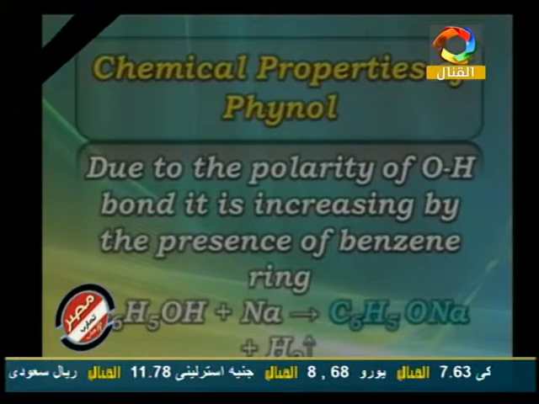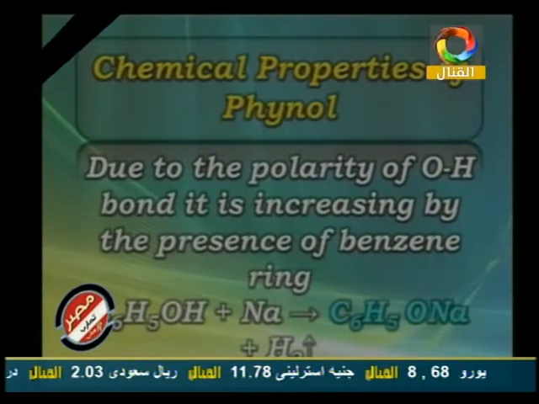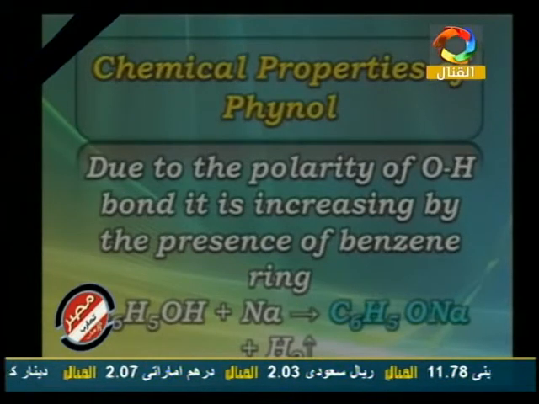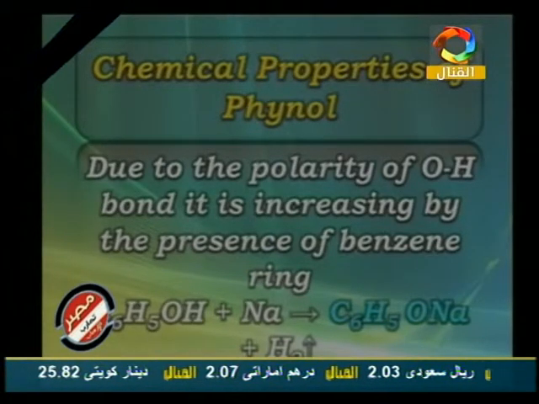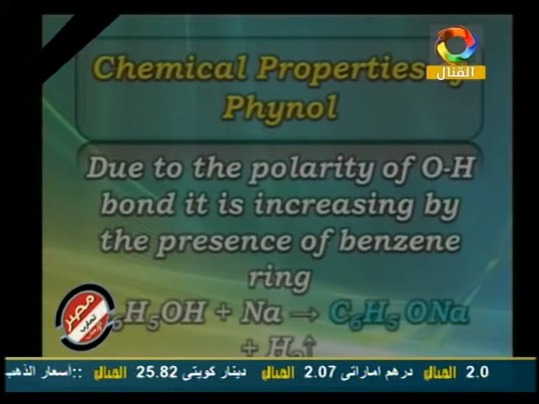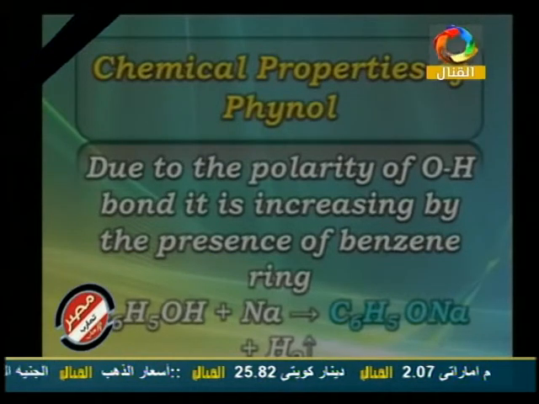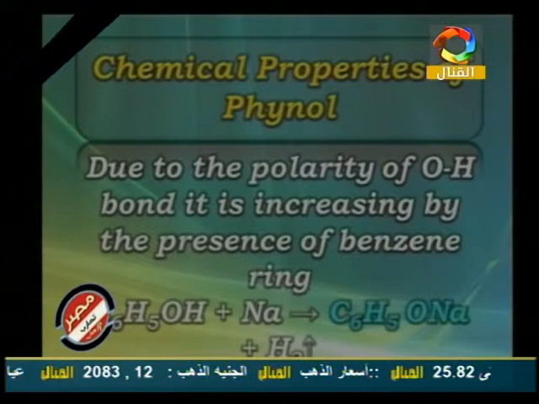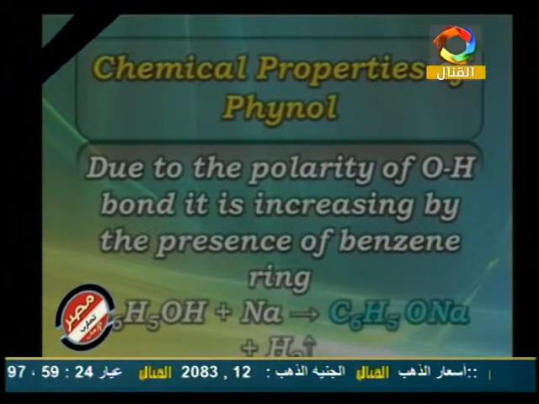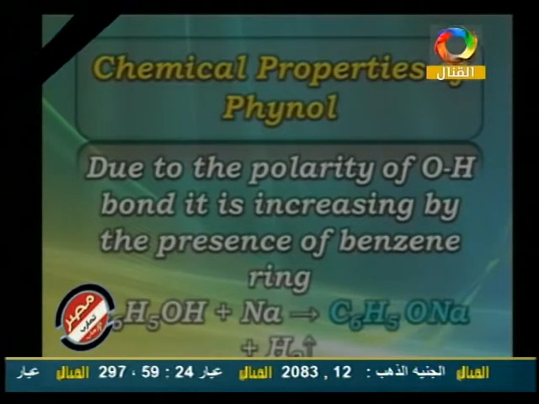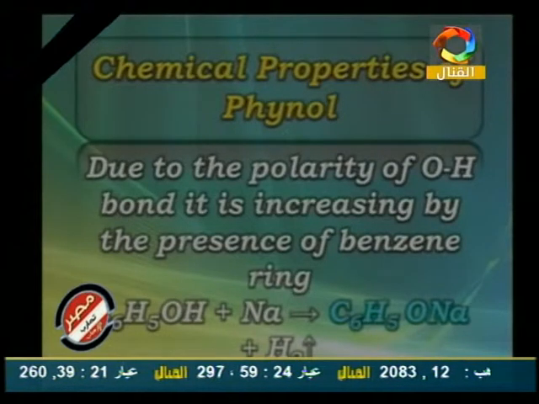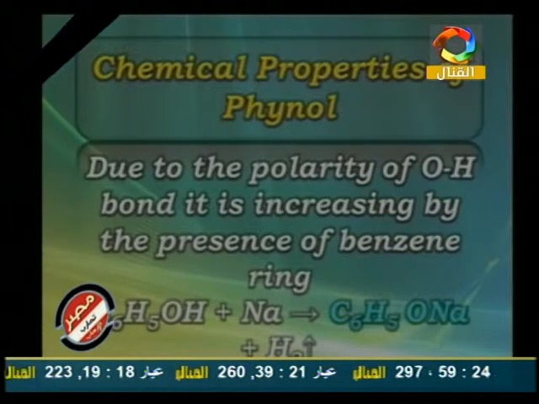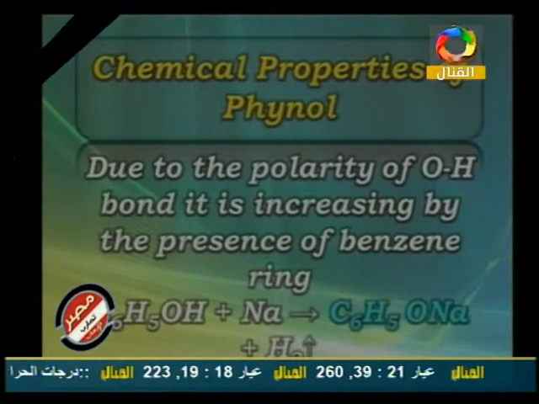Here we have the chemical properties of phenol. Due to the polarity of OH, it means what? The polarity of OH means hydrogen has a positive proton, and the oxygen has a negative charge. Here the bond increases by the presence of the benzene ring. The benzene ring attracts the electrons of the oxygen atom, and they make the hydrogen free to move out from the